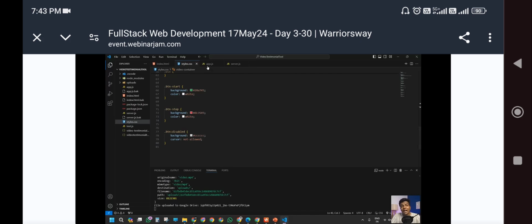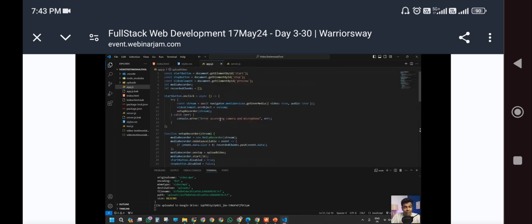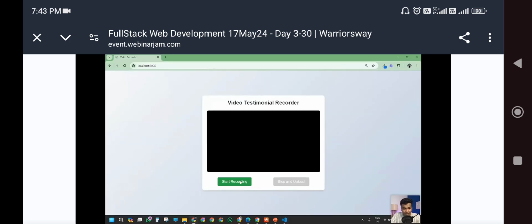Now it's time to jump into the app.js. So what is the work of app.js? We have already seen the three purposes. First of all, we need to access each and every element by using the DOM. So document.getElementById of start. First of all, you need to get access to the start button, and then